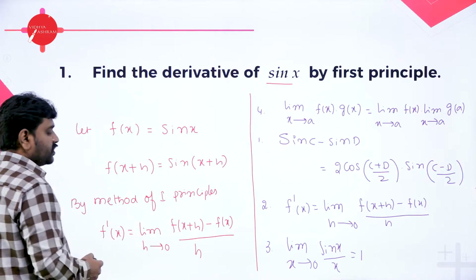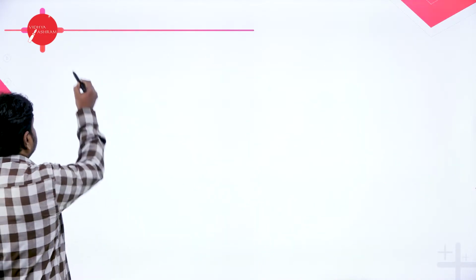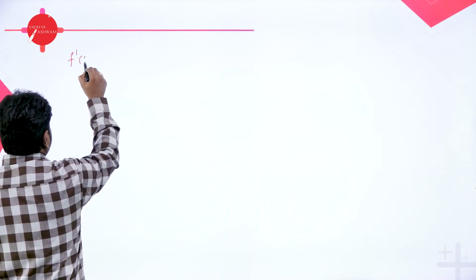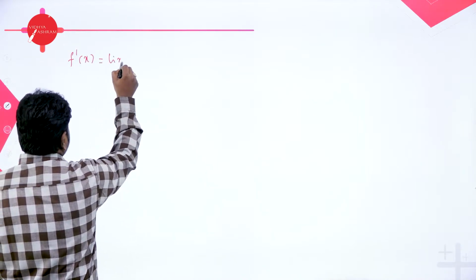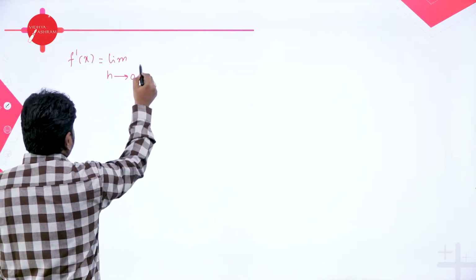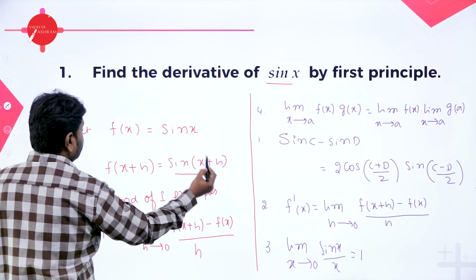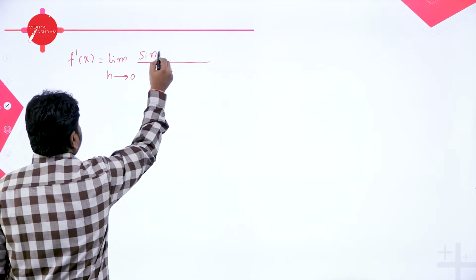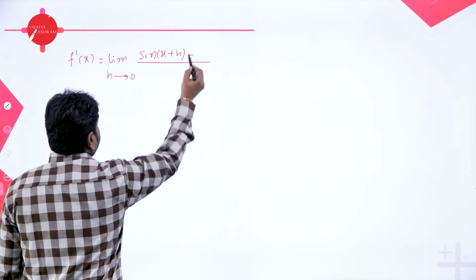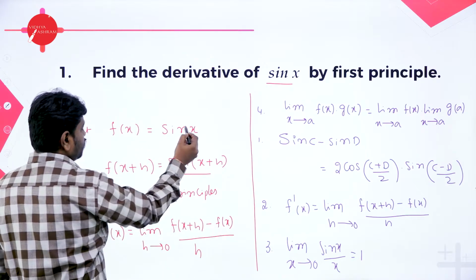So now I will substitute in this formula, that is f dash x is equal to limit h tends to 0 f of x plus h. f of x plus h means what? Sin of x plus h minus what we have? f of x. f of x means what? Sin x